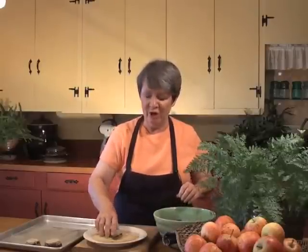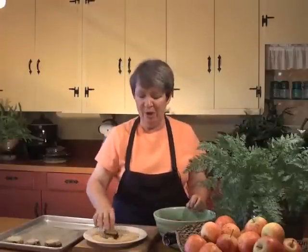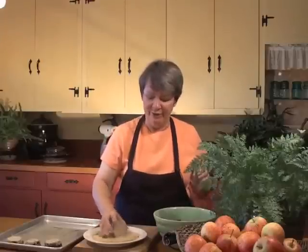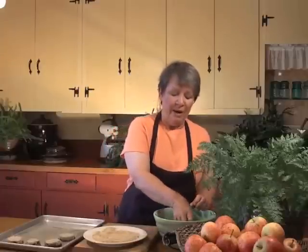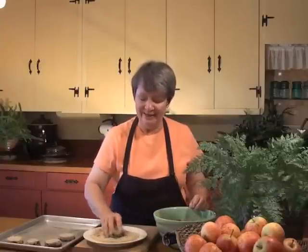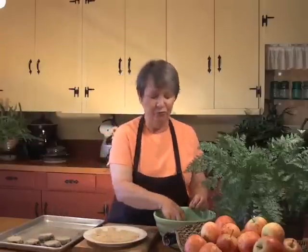Now, you may or may not know that eggplant comes in a variety of colors and sizes, and these little rounds are smaller than what you would find at the grocery store. But don't be discouraged by that. What I want to show you is just a nice, very easy and special way of roasting